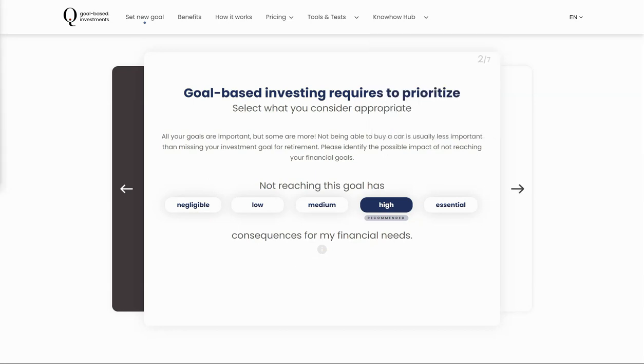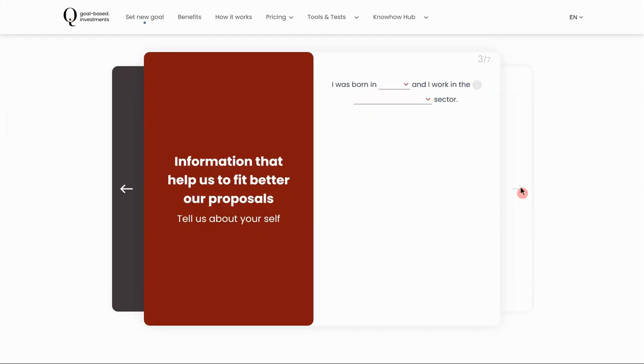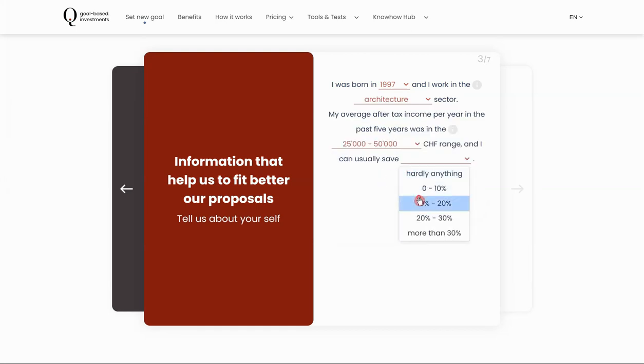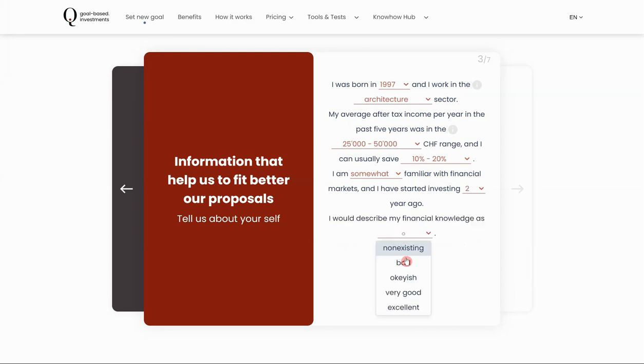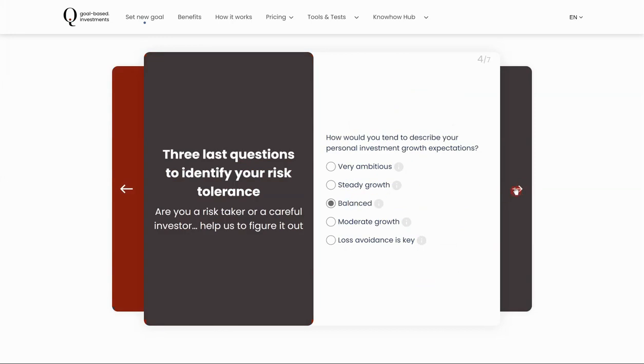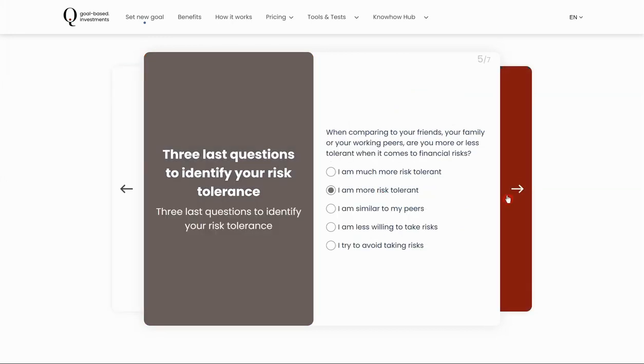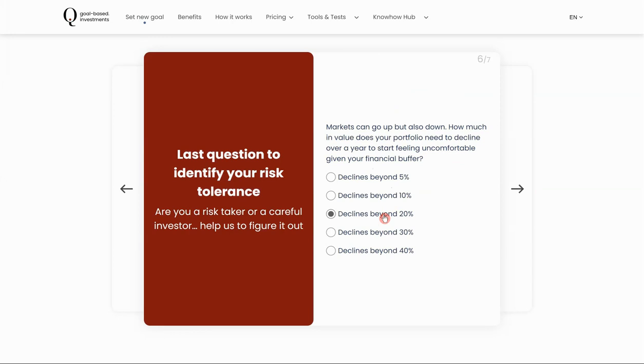With the goal priority set, we turn to some basic onboarding information that is required by regulators. Information about your age, your profession, your income, and your savings help us to estimate the riskiness of your job and hence your so-called human capital. It will help us to indeed derive a fully tailored investment proposal, which is one of a kind and only fits you. Further questions on your financial know-how and your risk attitude help us to estimate a preliminary risk score